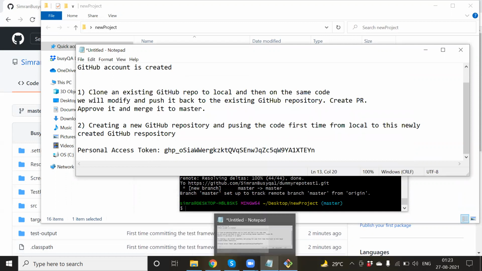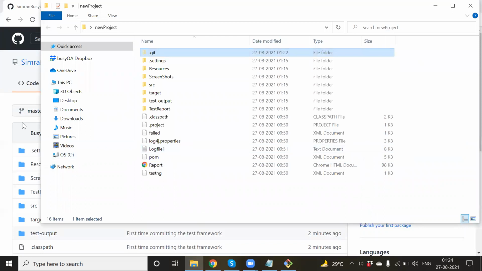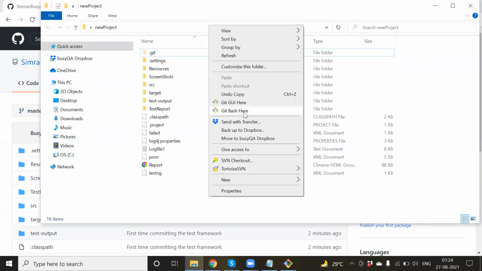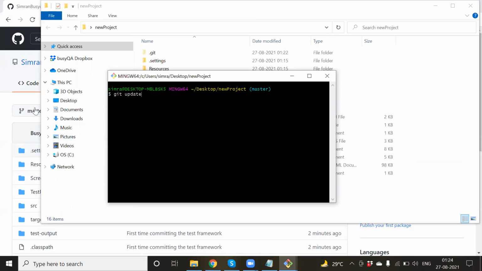So what I can do is, if for example somebody else is also working and has changed the master lately, after my changes there have been some new changes coming to master from somebody else's branch, basically their own feature branch. If they have changed it, my local and the master branch are now different. So I have to do something else. I have to do git pull. Git pull is very helpful, or we even have something called git update. Right now I'm not doing it because we don't have any changes globally. But you can try this on your own, guys.